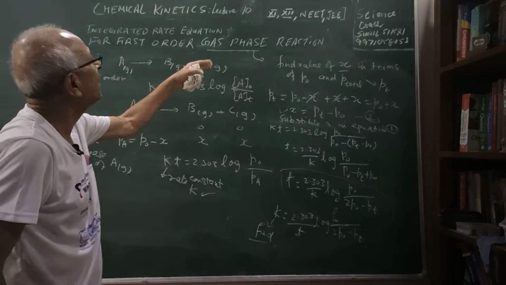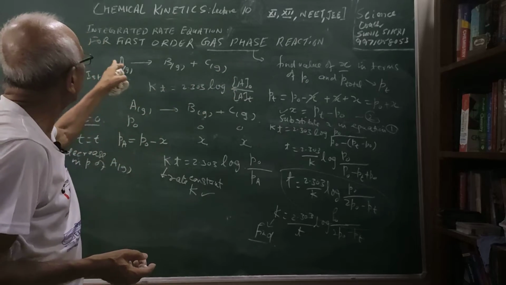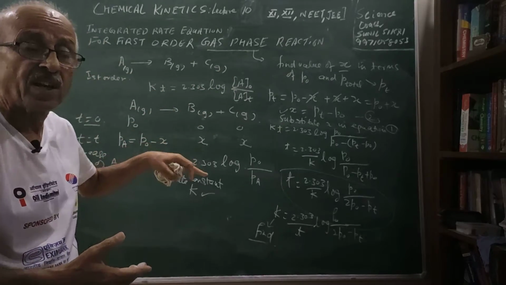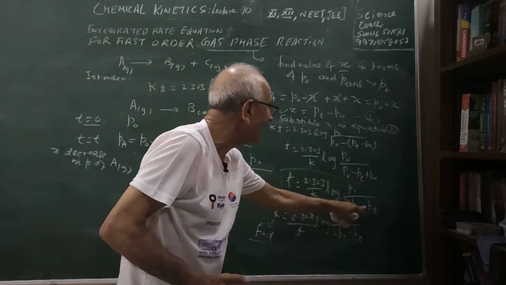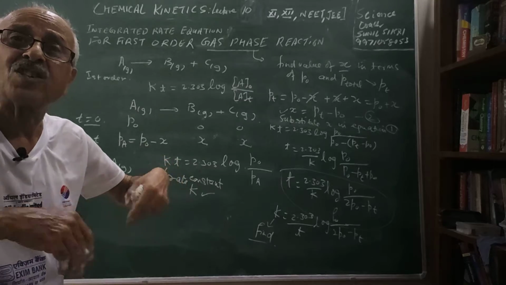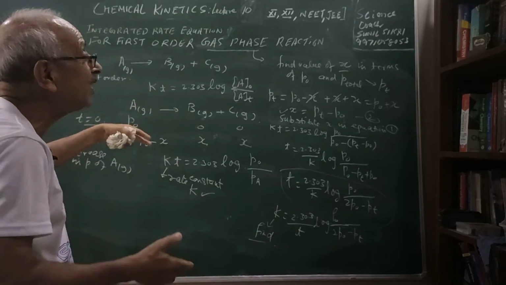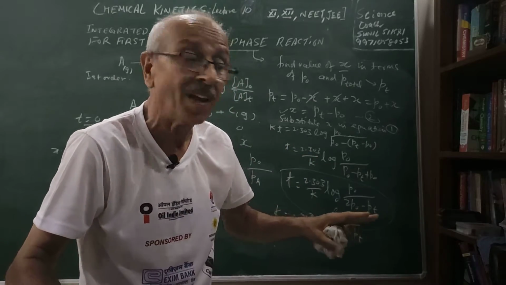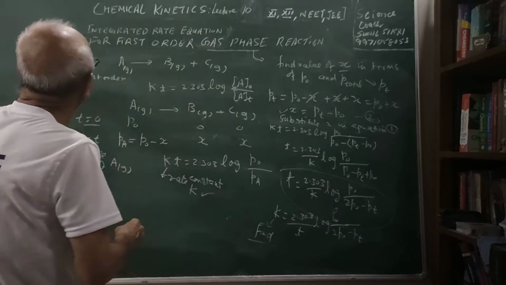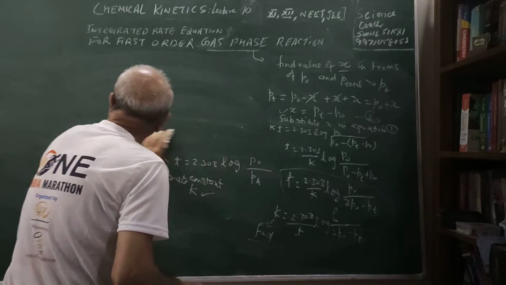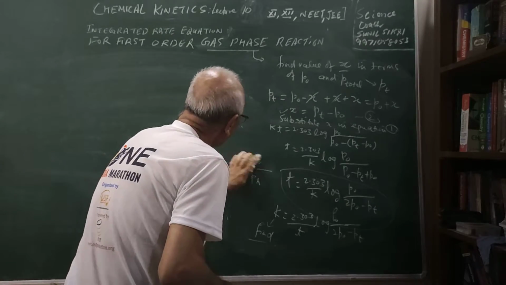But if I have a different number of reactants and different products, then this formula will change. We will have to derive the formula again, a new formula. This formula is not applicable for every reaction, because pressures are involved. Let us see another example, which I am writing. I will derive the formula for another reaction.